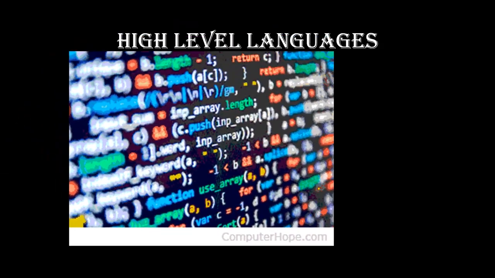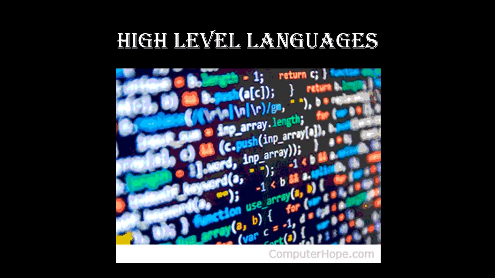Finally, high level language. In the mid 1950s, high level languages were developed. This language uses English words and mathematical notation. High level language is called the source program. It can't be run directly on the computer. It must be compiled or interpreted first. High level language programs are machine independent. They can be run on different types of computers with little or no change. For example, we can say BASIC, C, C++, Java.